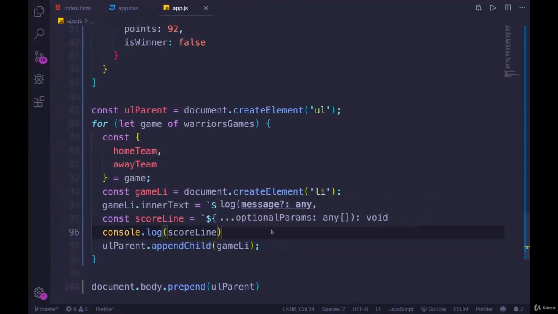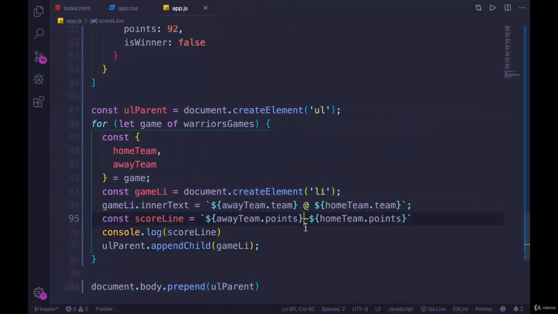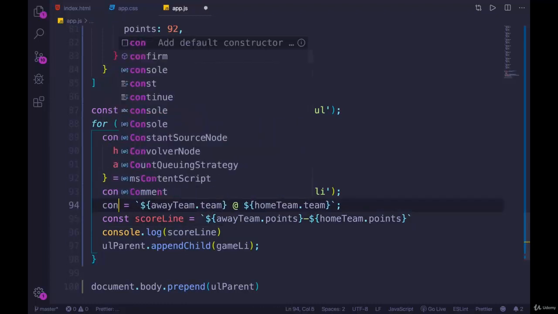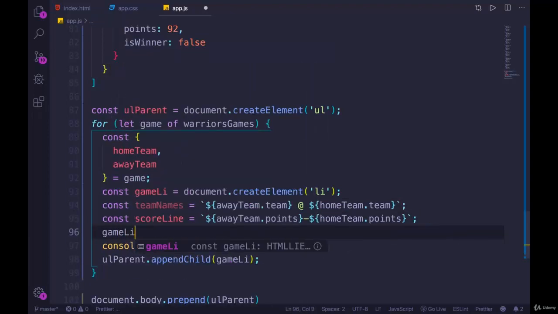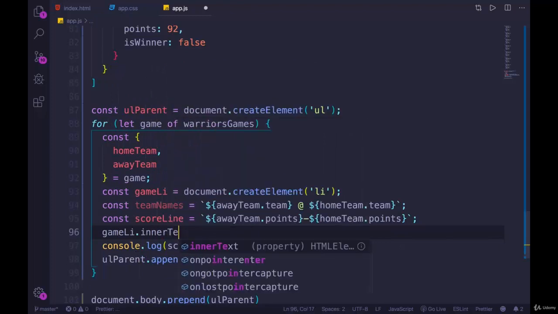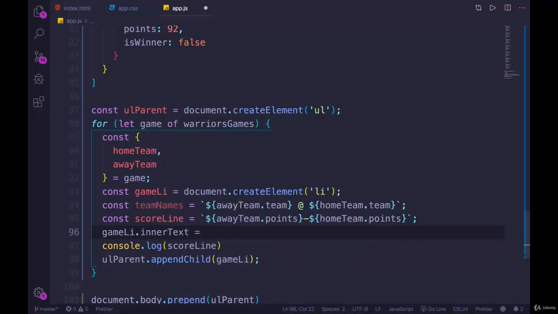That looks accurate. So what we want to do next is get that in the LI as well. And we have a bunch of different options for how we actually approach this. I think what will probably be easiest is if we just make 2 strings and then set the inner text at once with those 2 strings. So I'll make a new variable here, and I'll call this one const, what do we want to call this? Team names maybe? And then scoreline. And then we can set game li dot inner text, or you could do text content, equals,